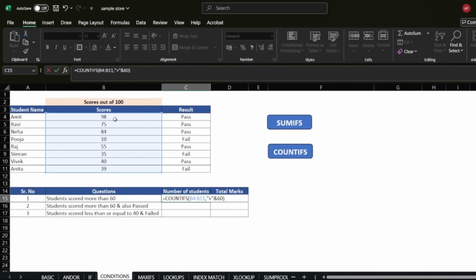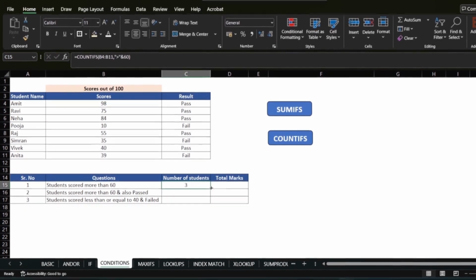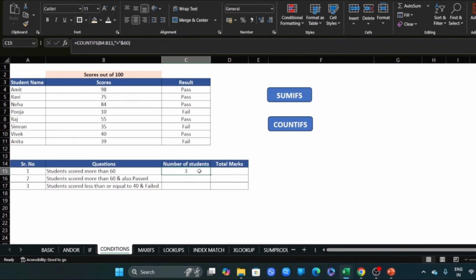So if you see, there are how many students? 1, 2, 3. There are only 3 students who have secured more than 60 marks. So once I click enter, I get the output as 3, if you see over here. So that's how the COUNTIF function works. Okay. Now let's see